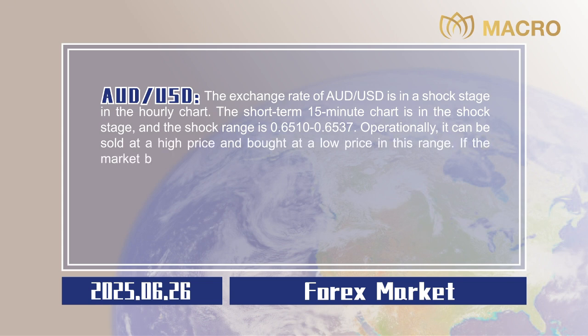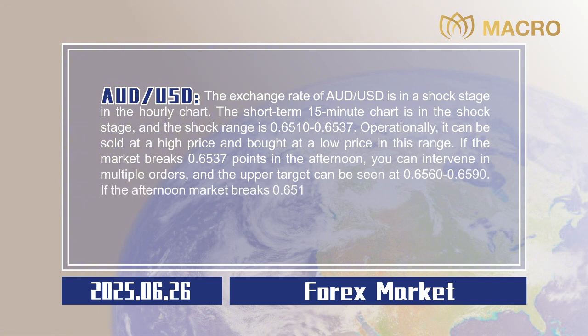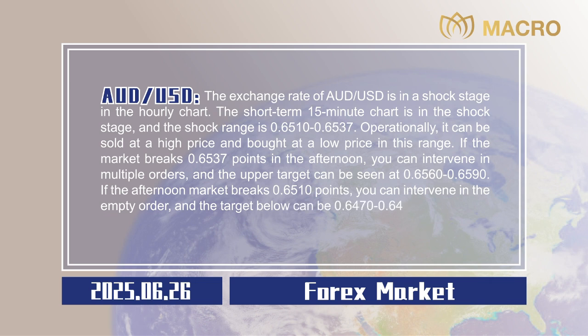If the market breaks 0.6537 points in the afternoon, you can intervene in long orders, and the upper target can be seen at 0.6560 to 0.6590. If the afternoon market breaks 0.6510 points, you can intervene in short orders, and the target below can be 0.6470 to 0.6430. Stop losses are all 20 points,